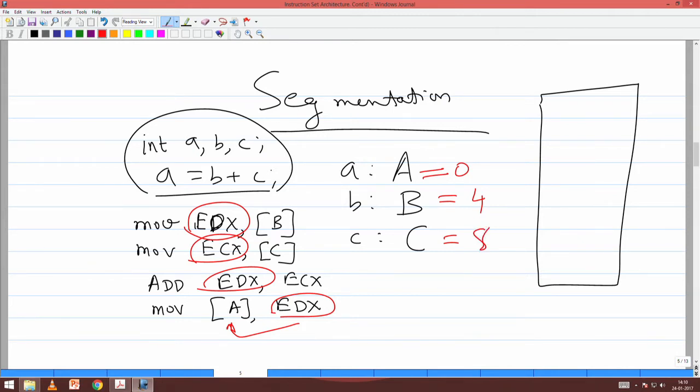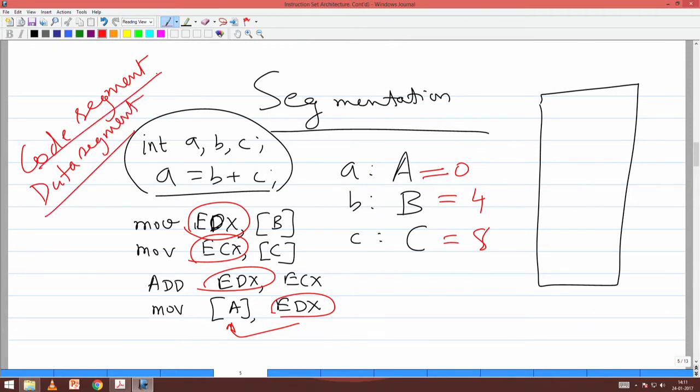So it assumes that your data segment, so when I write a program there are two segments, one is your code segment which carries all your instructions, there is a data segment which carries all your data. Now the compiler assumes that your data segment starts at 0, means it starts at logical 0. So the logical address of your data segment at the time of compilation